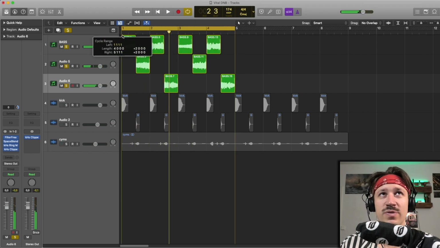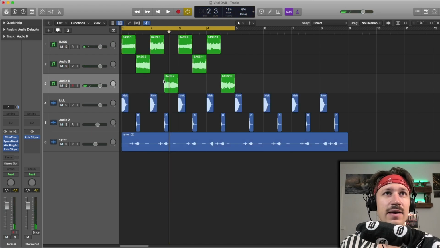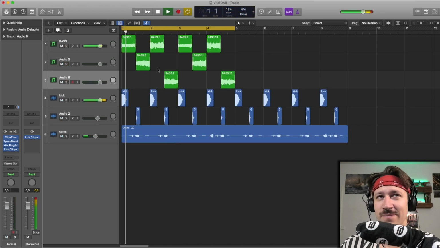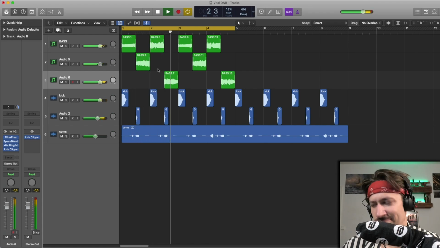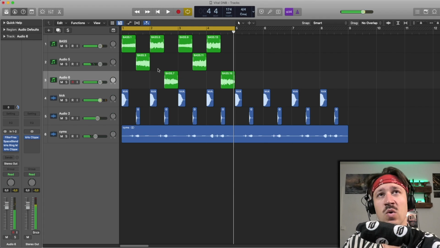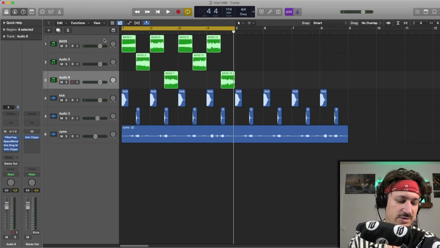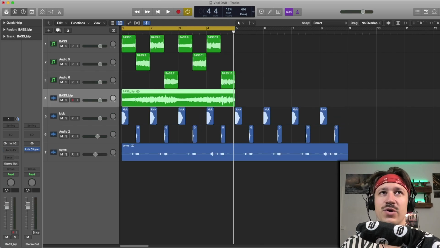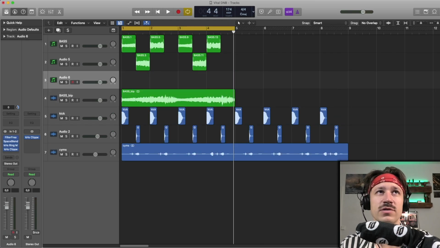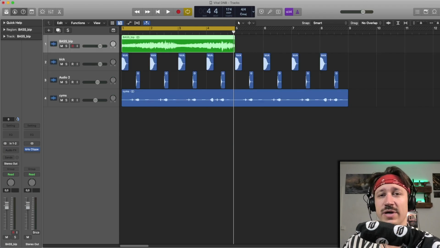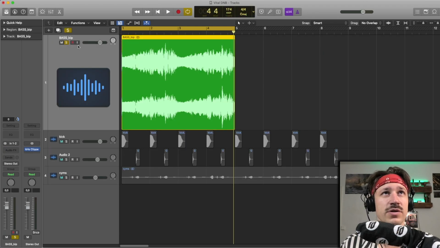Yeah, so I just sort of loop that idea, and then, as I mentioned, it sounds a lot more dynamic in the whole loop, you know. And once I've done that bit of sound design and I'm happy with it, I'm the type of person who will just bounce that out into the new baseline, and I don't need to keep all of the split up files. I can just have that as my new baseline version, you know, and you can see now